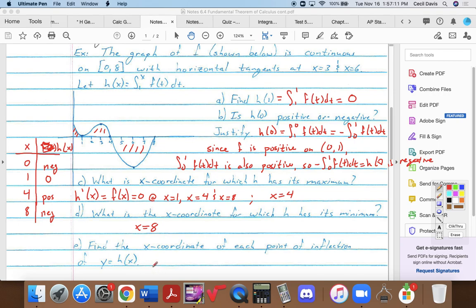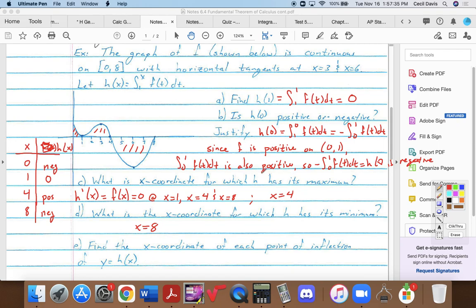And your first thought might be, oh, I need to take the second derivative of h. Not true. Remember, a point of inflection is where the graph of h changes from concave up to concave down, or concave down to concave up, right? By definition,